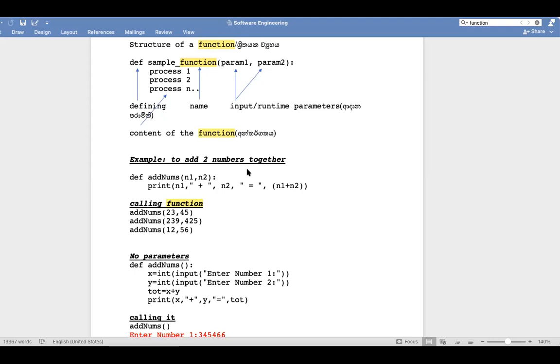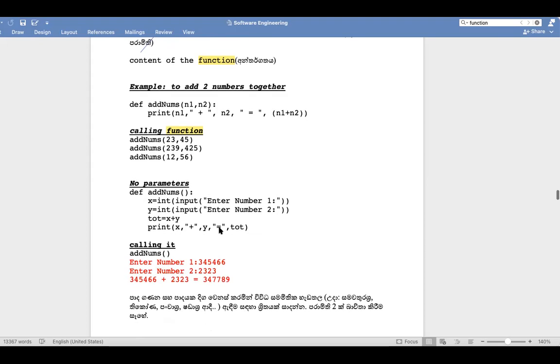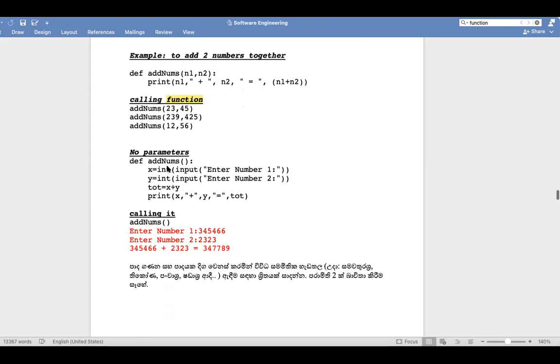ඉස්සලම normal function එකක්, parameter නැති function එකක් ලියලා බලමු. දැන් මේ තියෙන්නේ ඒ වගේ parameter නැති function එකක්, add nums කියලා තියෙනවා. No parameters. Parameters කියන්නේ මේකේ inputs නැහැ. එතකොට මේ add nums කියන function එක බලන්න. ඒ add nums කියන function එකේ x කියන විචල්‍යයක් තියෙනවා. ඒ x කියන විචල්‍යයෙන් කරන්නේ value එකක් අරගෙන, enter number 1 කියලා ඒ ගන්න value එකක් අරගෙන,